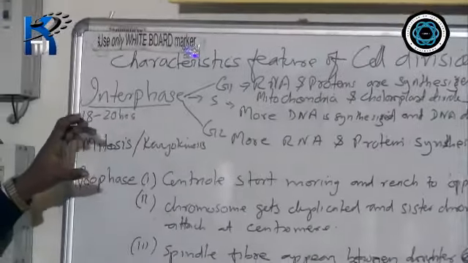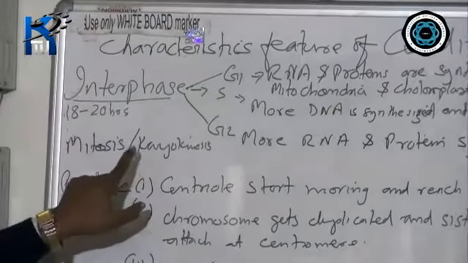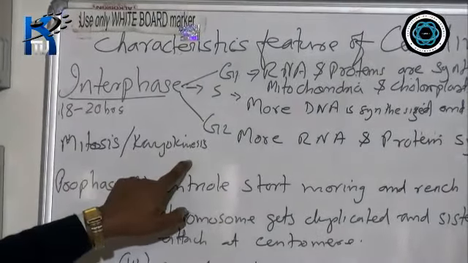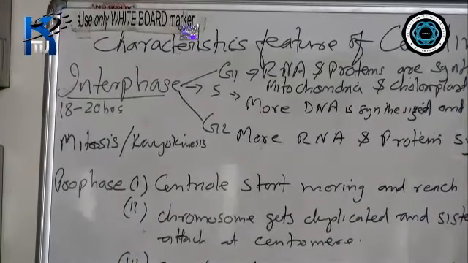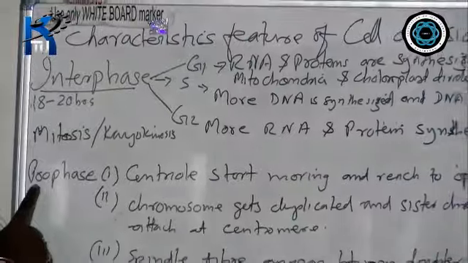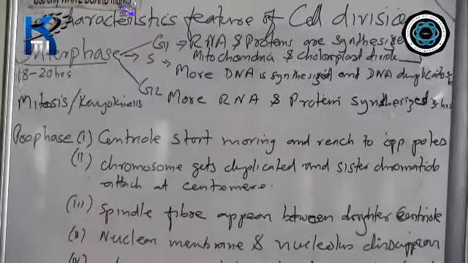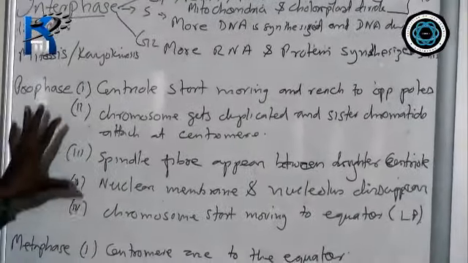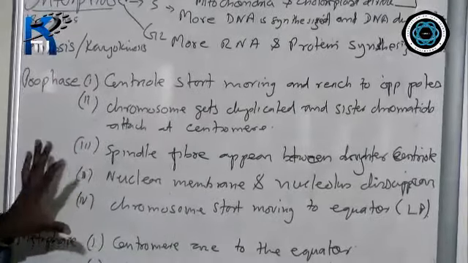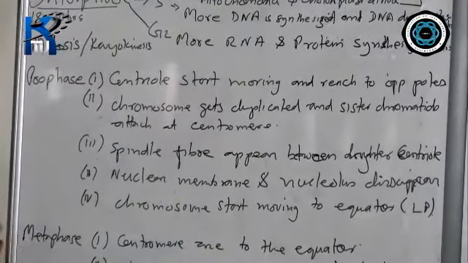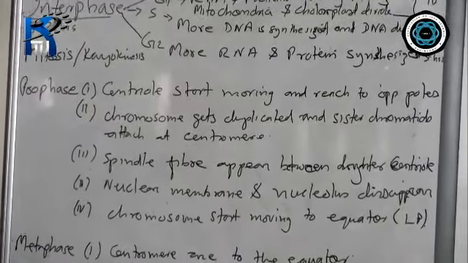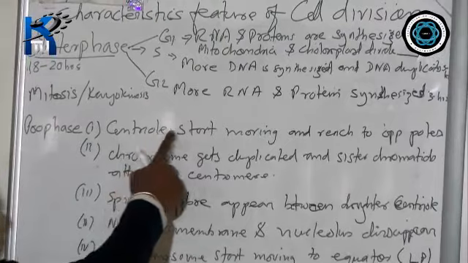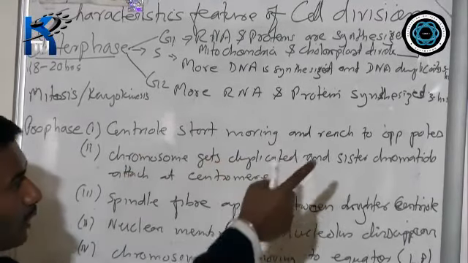After that, if it is continued, then mitosis division is carried on, that is the division of the thread, called karyokinesis, nucleus division. Now in the nucleus division, four phases come across. Like what are they? Prophase. When I say pro, it means the first phase. Now during the first phase, what exactly is going to happen? Yesterday we discussed by diagram what prophase is. Here, centrioles start moving and reach the opposite poles.